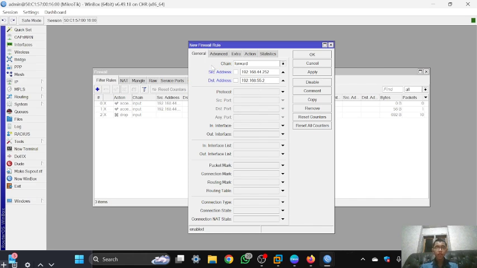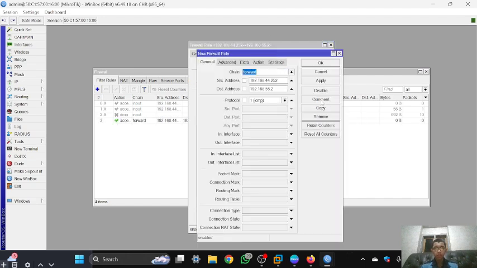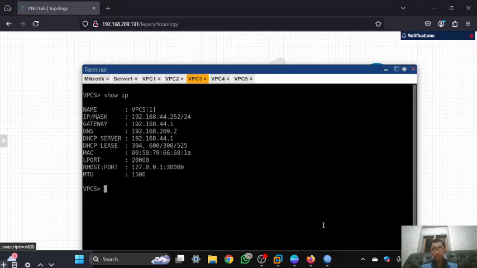Because I want VPC3 to connect to the server, the source address is the IP of VPC3 and the destination address is the IP of the server, and the protocol is ICMP because I want to ping the server, and the action is accept because I want VPC3 to access the server, and you can click apply, and you can copy it and change the IP to the IP of VPC4.